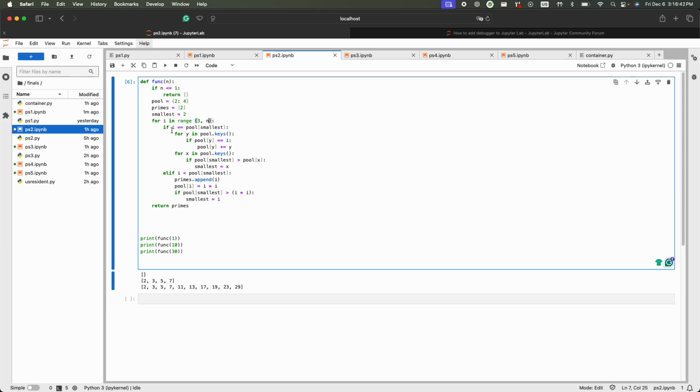One, if the number I'm on in the range 3 to n is equal to the value of the smallest, so 4, then it's not a prime number. And if it's smaller, then it is a prime number, and that would be down here. So here you can see that 3 in this case is smaller than 4. And at that point, what I would do